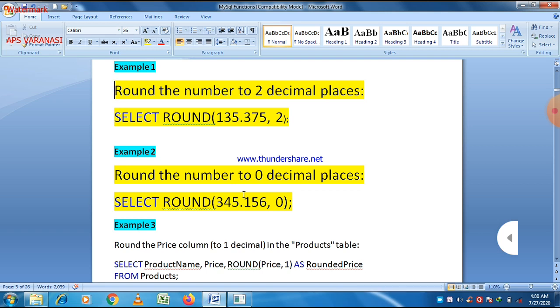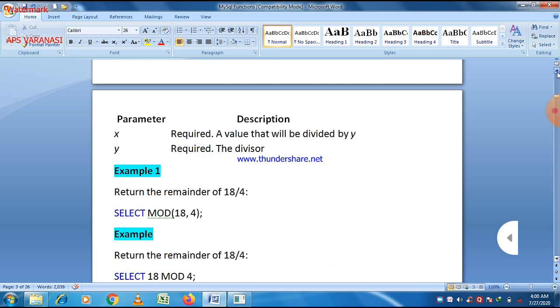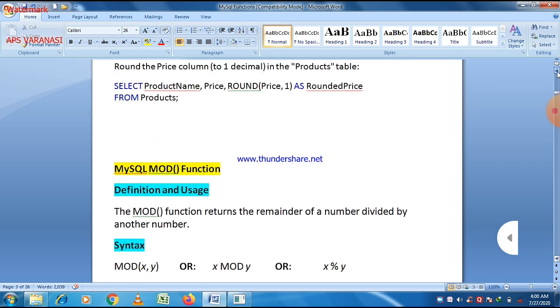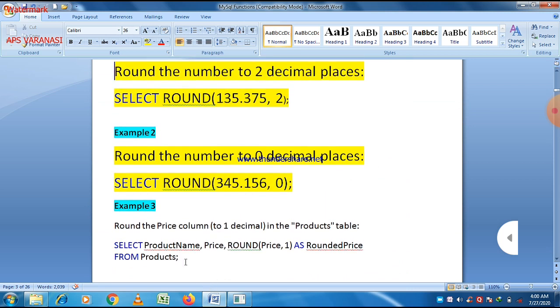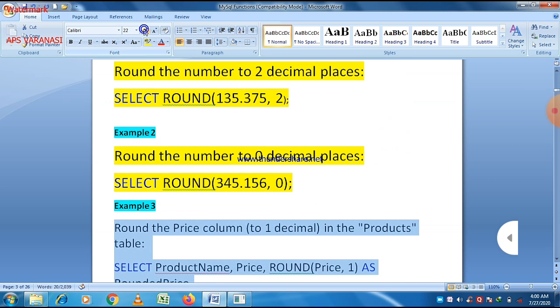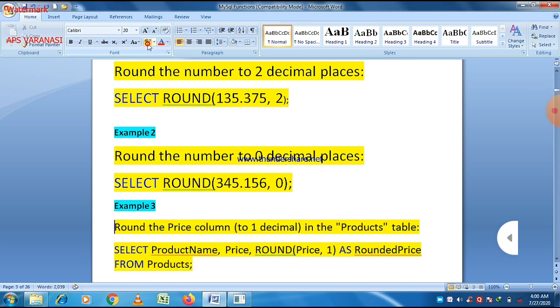So they can be used for mathematical calculation, as well as on any table. If you want to perform these functions on a particular part of a table or a column, you can also use these functions. So these are the three uses of the round function. You can easily see three different types of use of the round function here. And let us do it using SQL.